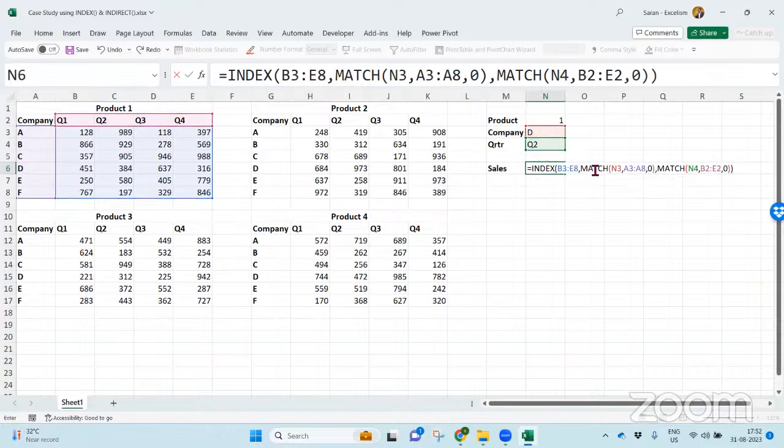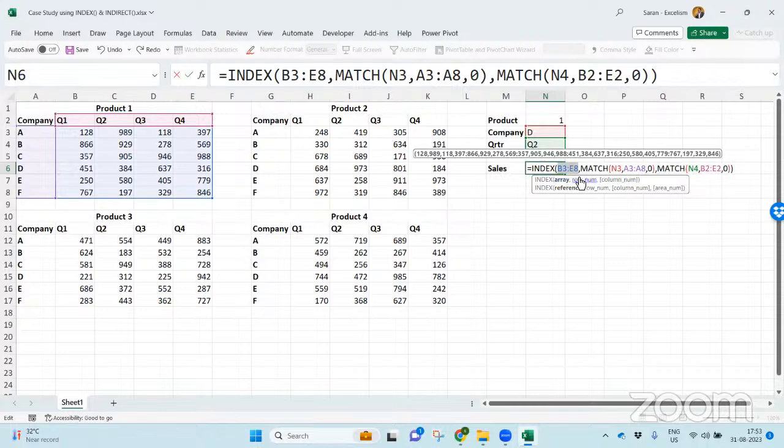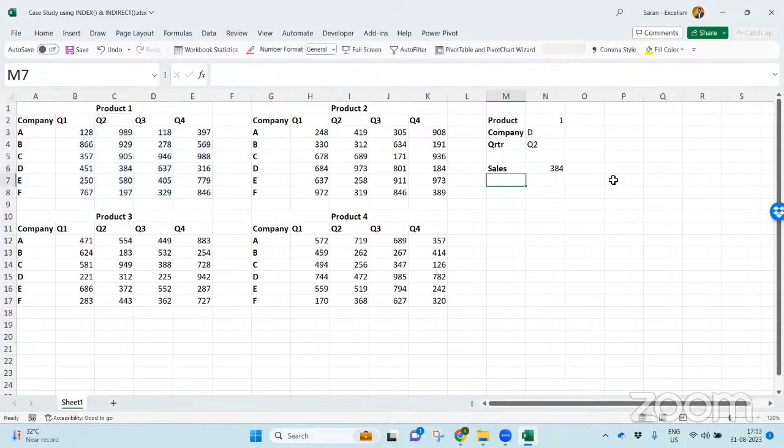As you all know, match is going to give you the position number of a value from the range. This will give you the position number of the company D. This will give you the position number of the quarter two. So in this range, I want the fourth row, second column, intersection value, enter. Excellent. But now the problem here is if I go back and change this to 2,